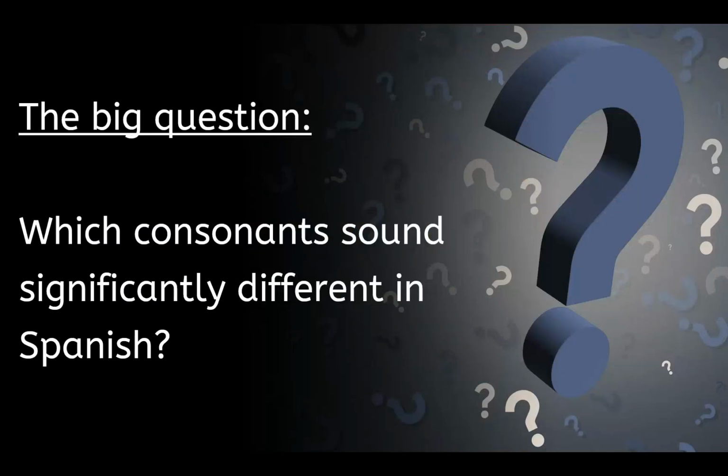Our big question is, which consonants sound significantly different in Spanish compared to English? In the primary classroom, we usually focus on the 5 vowels and 9 consonant sounds. The finer nuances of some of the other consonants, such as the letter D, can be worked on in secondary. In this video, we'll be looking at and practicing the consonants which come up frequently and are commonly worked on